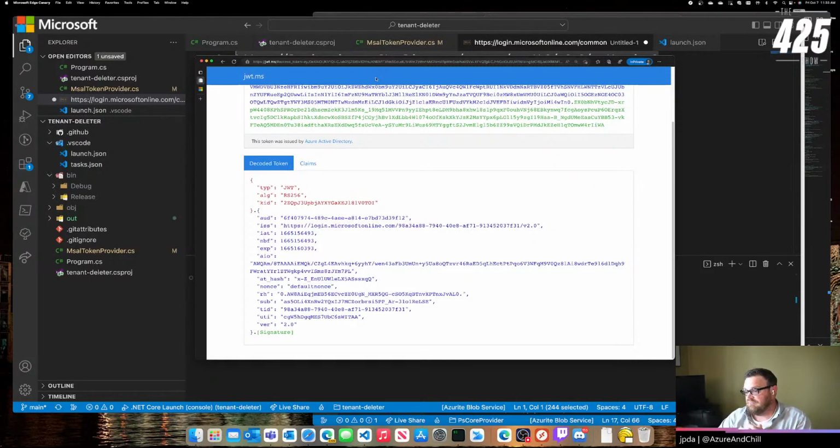Now, no administrators were involved. There are certain mitigations and things that happen. But the thing is, you don't want your tenant to be taken over by somebody where they go create these malicious apps that anybody can go sign into. I mean, any one of you could go and sign into this app right now